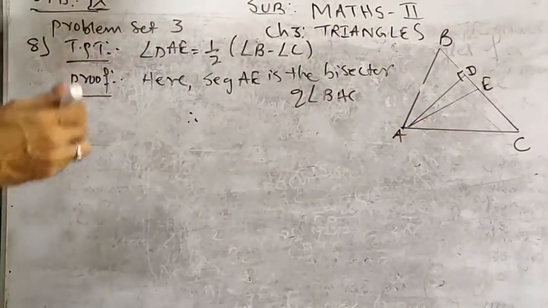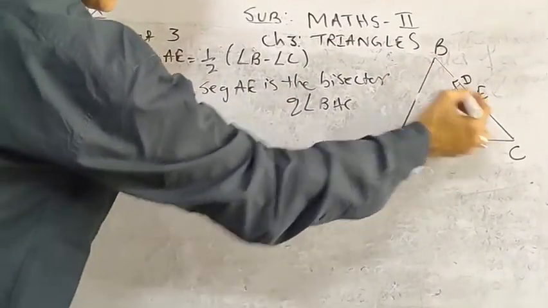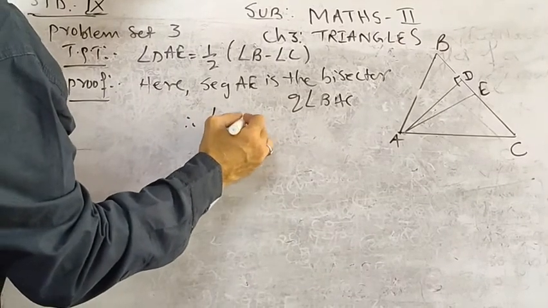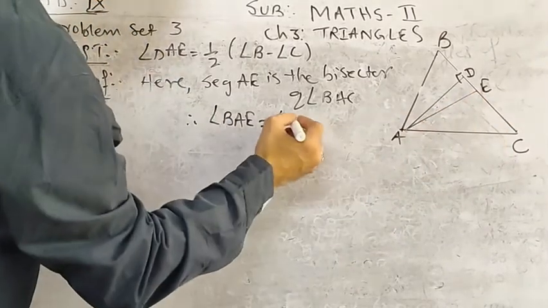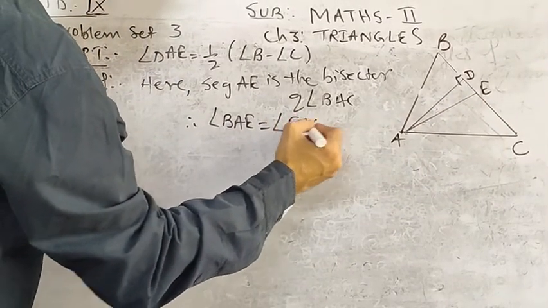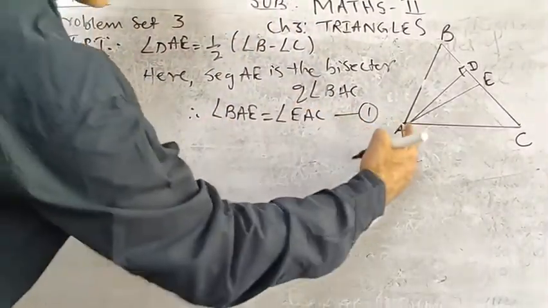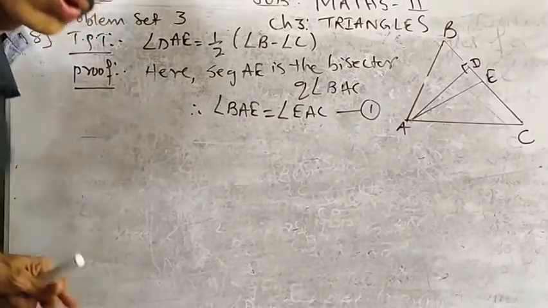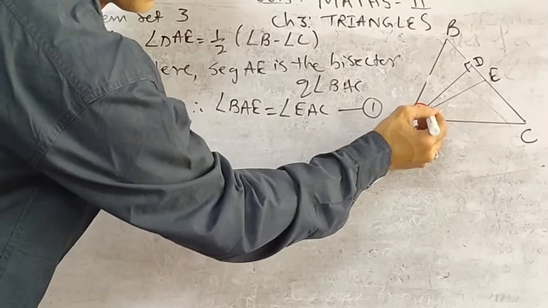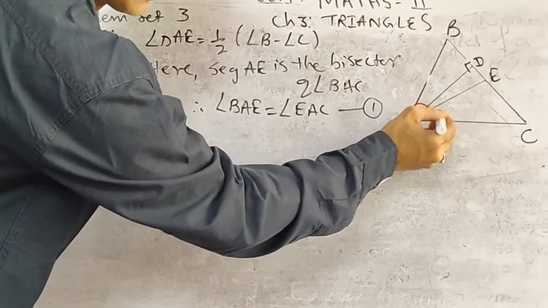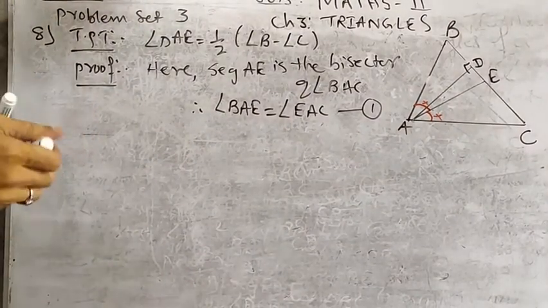Therefore, you will get what, you know? You will get two angles same. Which two angles same? Angle BAE is equal to angle EAC. These two angles are same. Number I am giving 1. Again I am saying because it is a bisector. So bisector means what you know very well now. So these two angles are same. ये angle और ये angle. These two angles are same. Okay, BAE is equal to EAC.